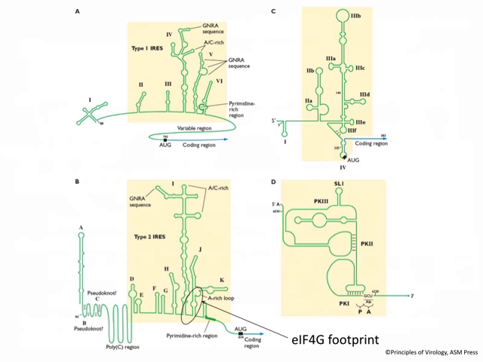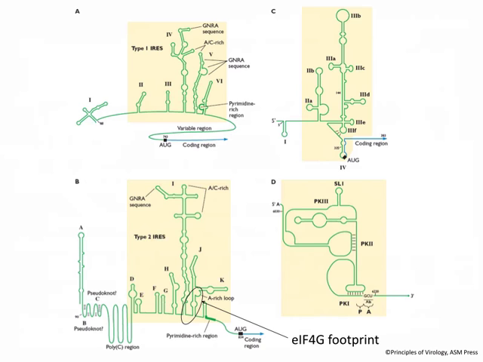So what do these sequences look like? I've already given you a hint that they're highly structured, and in fact, these are 4 different kinds of viral IRESes. We have encephalomyocarditis virus, which is a picornavirus, on the lower left. The polio IRES is on the upper left. The upper right is the hepatitis C virus IRES. And the lower right is an IRES from an insect picornavirus called cricket paralysis virus. So you can see they're all highly structured.